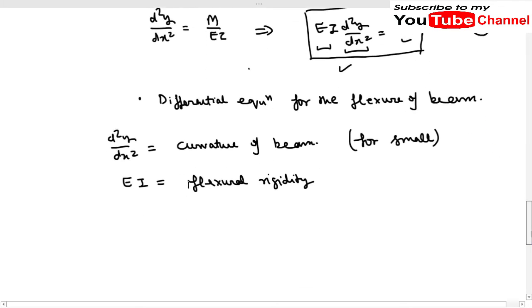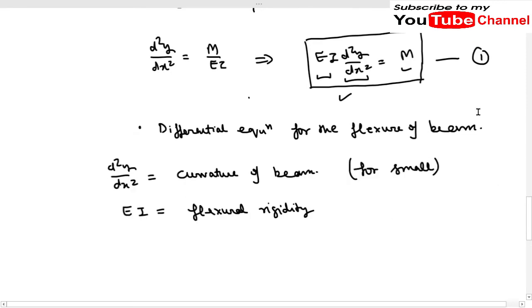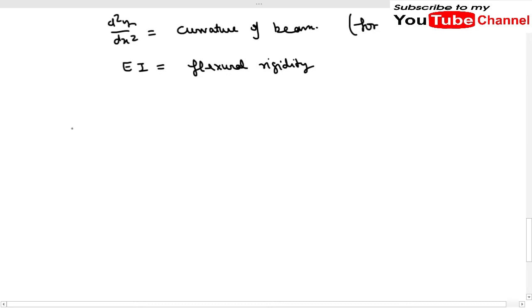So how do we find out the slope and deflection from this equation? Let us see. We will take a very simple example of a simply supported beam. This is a pin support, and here we have a roller support. There will be reactions. Let us name this reaction as RA and this reaction as RB, and name the supports A and B. We are considering that this beam is loaded with a UDL of W kilonewton per meter.